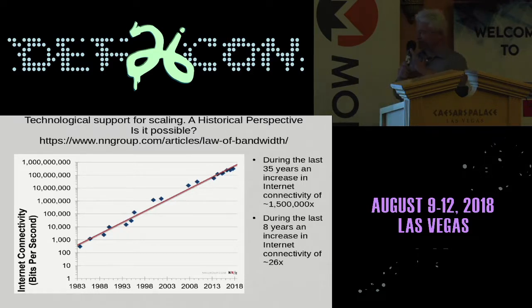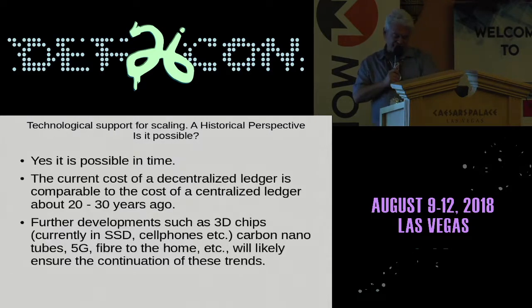So what we're seeing are trends in technology that show the price dropping, and what was very expensive in the past becomes incredibly affordable. So we come to a couple of questions. Is it possible? Well, given time, yes, it is. If we only need a continuation of these trends, even at a slower rate, then we would see decentralized ledgers essentially being competitive in the future with today's cost of a centralized ledger. So then Monero, or any kind of decentralized ledger, will be taking place.